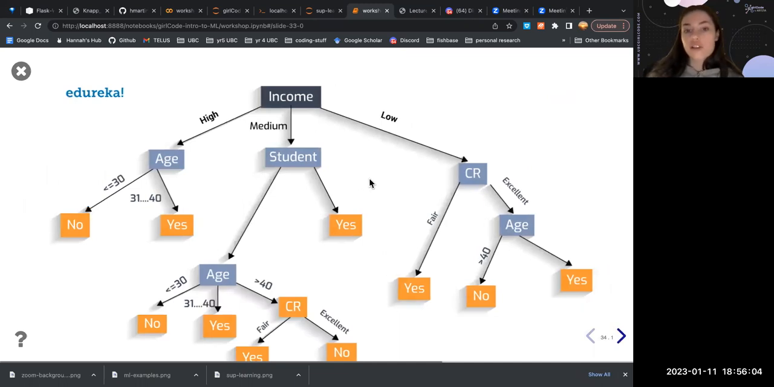So this is essentially a decision tree. You guys have probably seen them. You may have made them before, but this is an actual machine learning algorithm, which is kind of cool. So you might start with income, and then you go down to age and